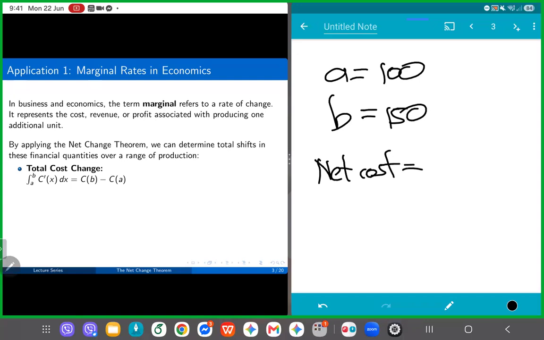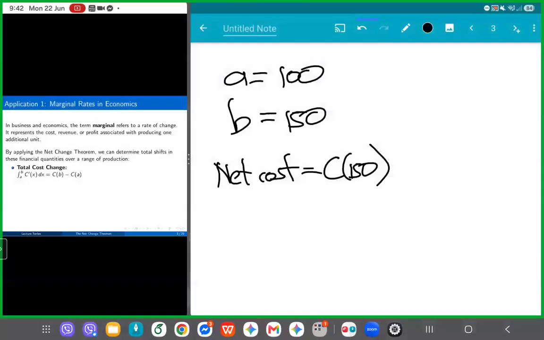So the question is, I'm now spending some money, say in pesos, in producing 100 units. So how much will be added on top of that if I am going to add 50 units more? So production will be 150. So I want the increase in cost or the net change in the cost or simply just the net cost. So what will the net cost be? Simply using just plain algebra, I just have to calculate the amount that I have to spend in order to manufacture or produce those 150 units. And then I subtract the original cost I am spending for 100 units.